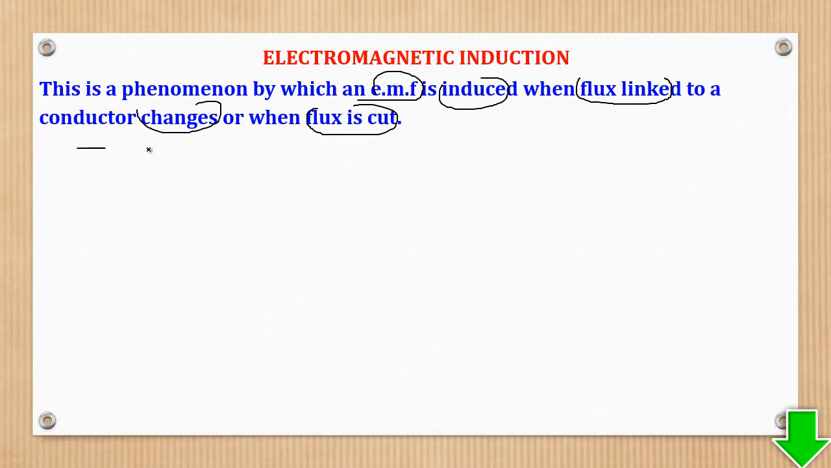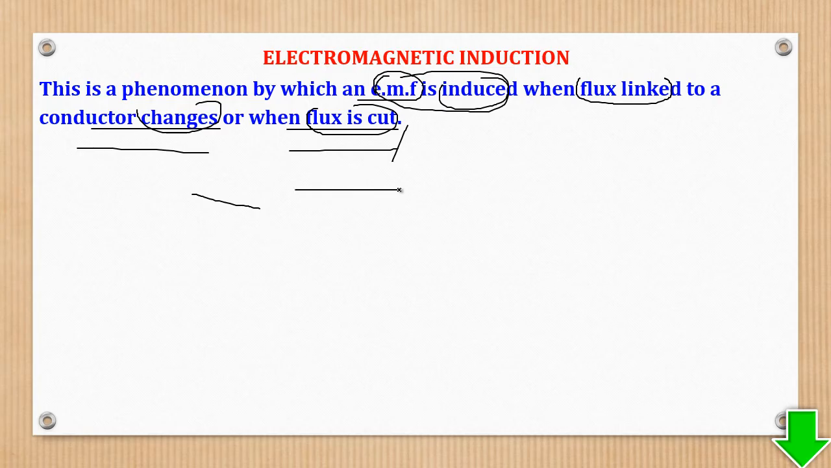We can say flux linkage is changing or flux is being cut at a certain rate. And when this happens, the EMF has to be induced. Now I think you remember in the definition for a Weber, we talked about induced EMF reducing to zero. Why? Because when the flux stops changing, EMF is no longer induced, and that is how it can reduce to zero. So let us see